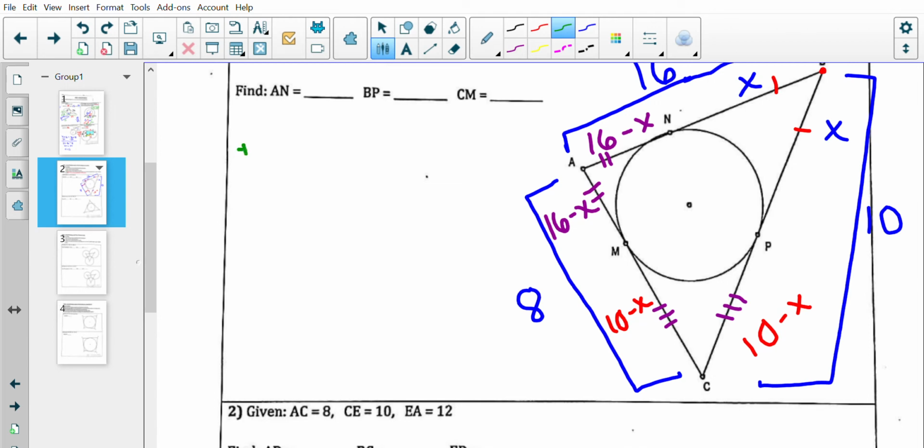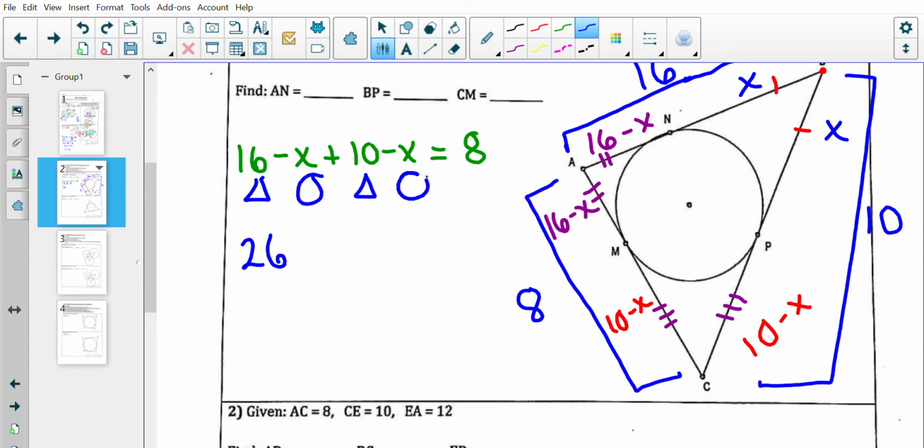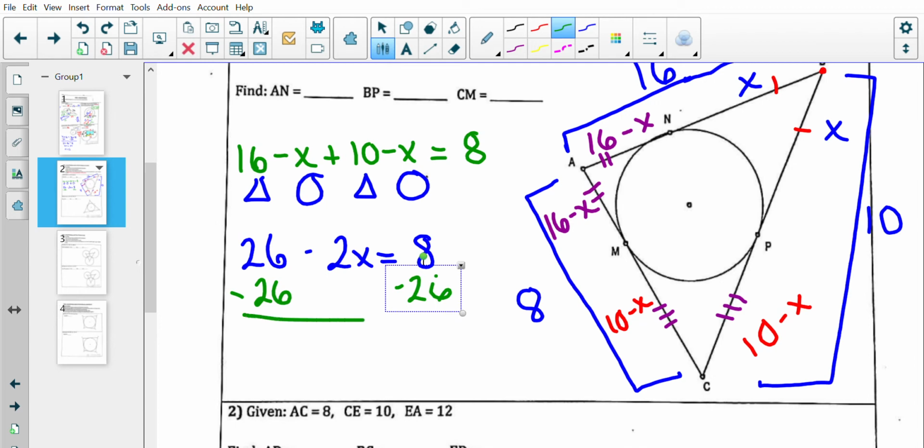So we're going to set up our equations. 16 minus x plus 10 minus x will equal 8. Now we're going to combine our like terms. So 16 plus 10 is 26. Negative x plus a negative x is a negative 2x equals 8. Let's go ahead and solve. So we're going to subtract 26 on both sides. So now we're going to have a negative 2x is equal to a negative,